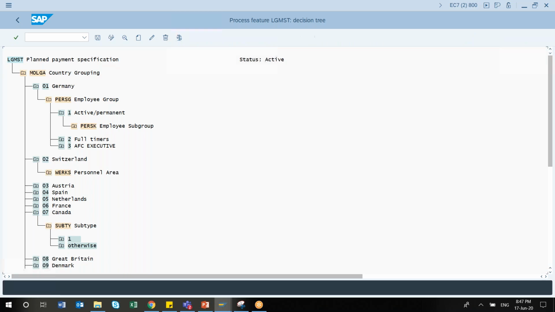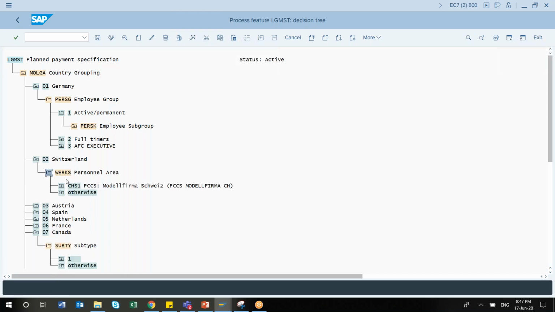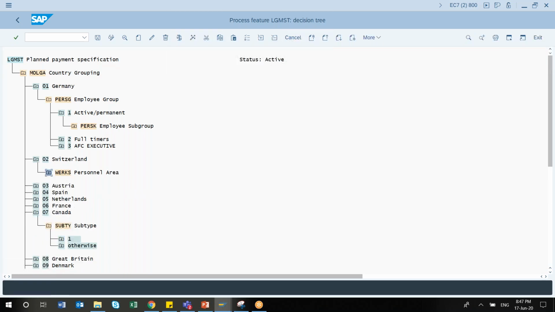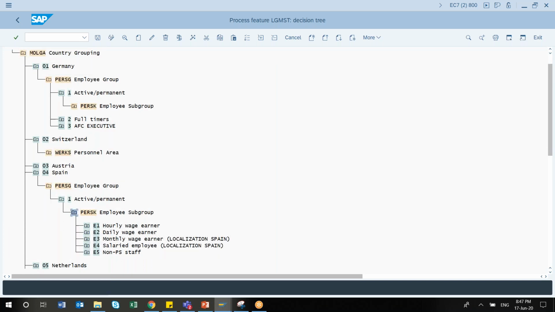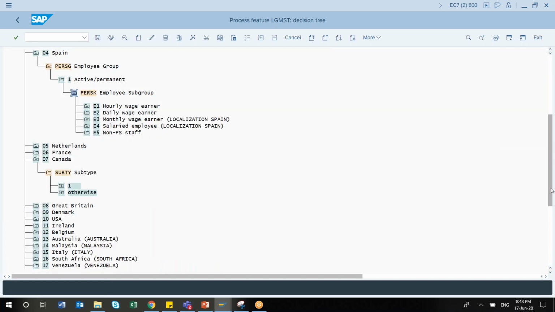For Switzerland, somebody has also created it, but it is from personal area. But this can also be a good example. Ideally, I have seen in a typical payroll environment this kind of employee group. For Spain also, it is correct. You can see for Spain they have created it for employee group. That is simple. Under one they again do have segregation. But this is the actual scenario for Spain or Germany, and you can explore other countries also. Similarly, you can configure it for Canada as well.